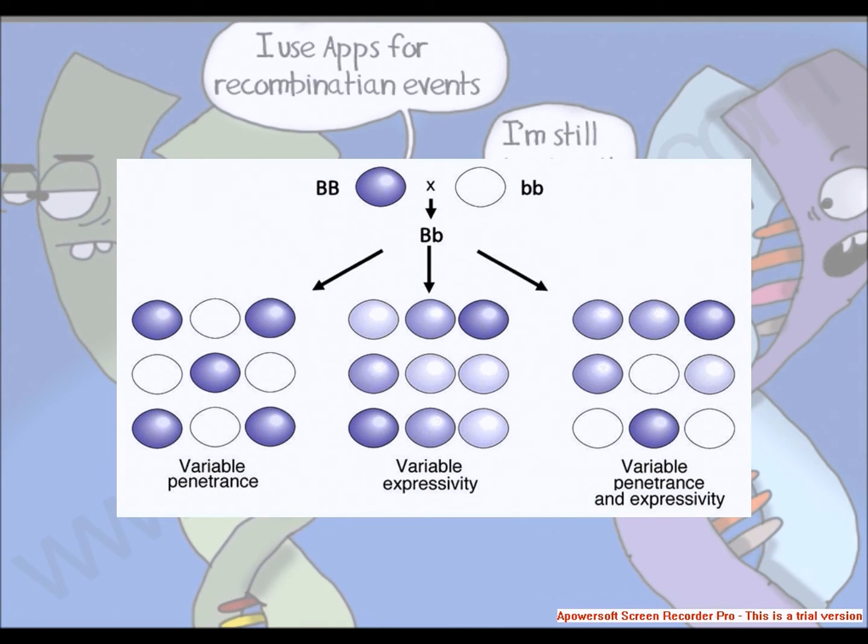Because all the offspring are Bb heterozygous, they are all expected to show a uniform blue phenotype like that of the BB parent. However, if penetrance and/or expressivity vary, three patterns of variation that differ from expectation are possible. If penetrance varies, the genotype sometimes does not penetrate through to the phenotype. Some eggs are blue just like those of their parent. Others are white like those of their other parent, despite